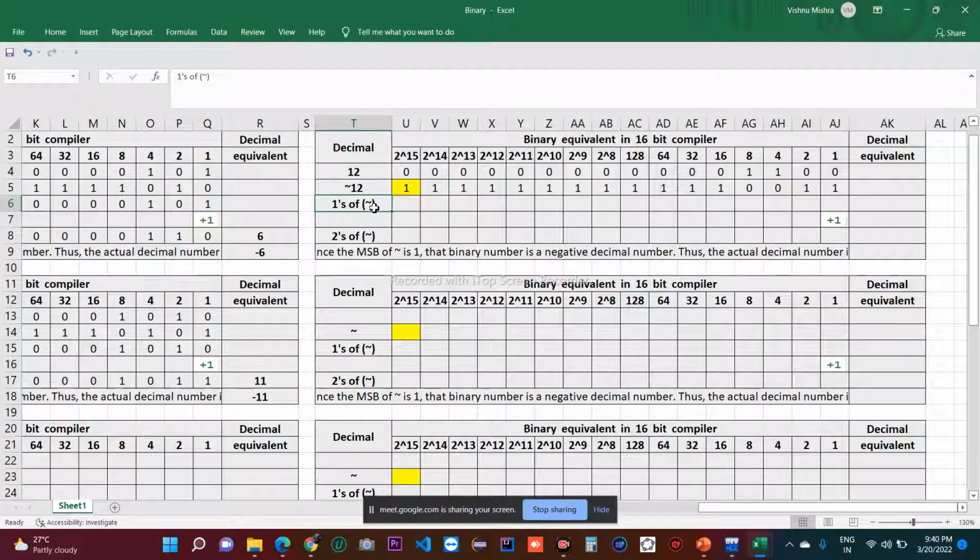अब 1's complement ऑफ कॉम्प्लीमेंट 12 क्या होगा? इसका 1's complement क्या होगा? 0 0 0 0 0 0 0 0 0 0 0 0 0 0 1 1 0 0, ओके।